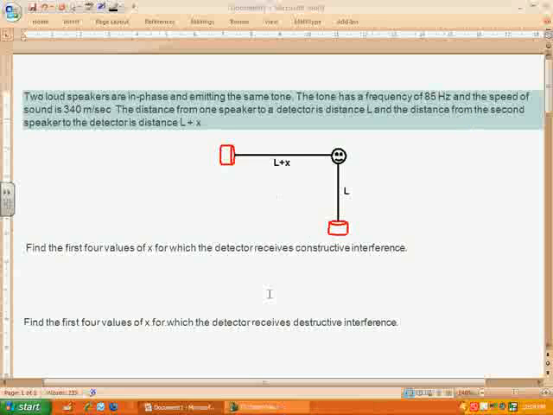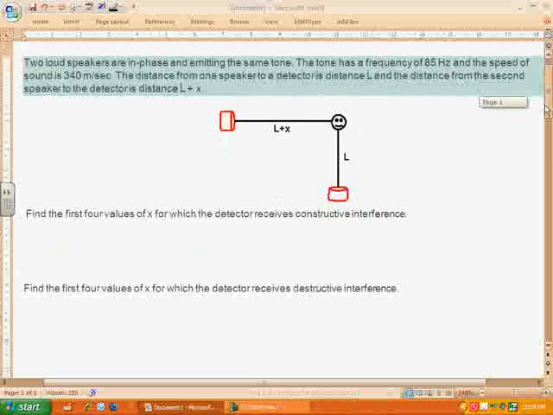So here's the first one. You've got two speakers that are in phase, so they're emitting the same sound at the same time, the exact same wave. The tone has a frequency of 85 Hertz and the speed of sound is 340 meters per second. The distance from one speaker to a detector is distance L, and the distance from the second speaker to the detector is distance L plus X. So we're going to be looking first for the first four values of X for which the detector receives constructive